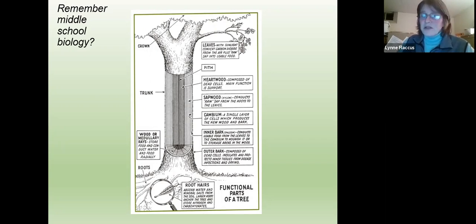The trunk of the tree is dead wood. The heartwood is in the center. That's living cells that have now died. The growing part of the tree